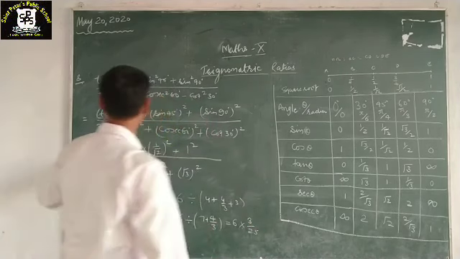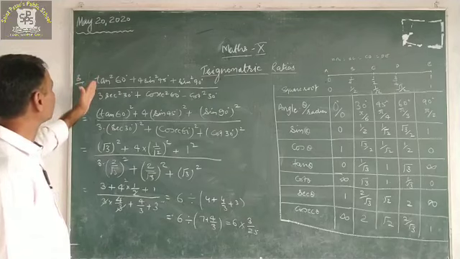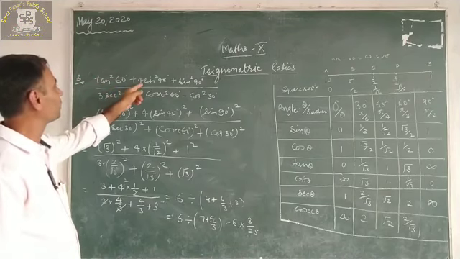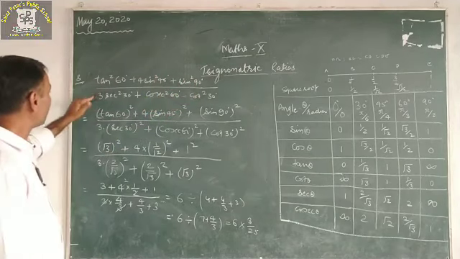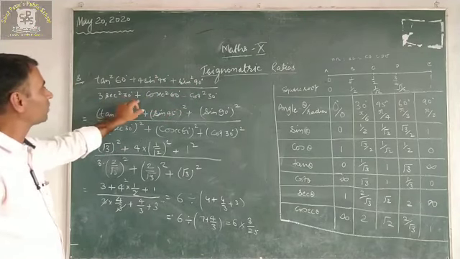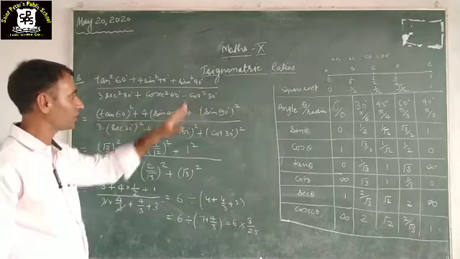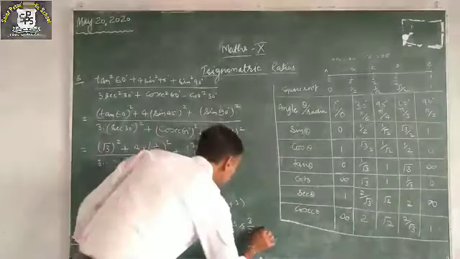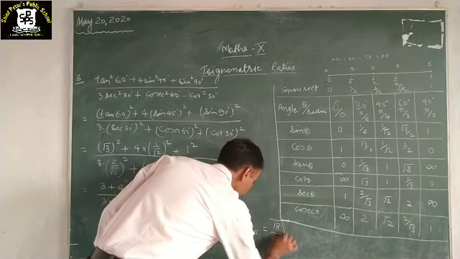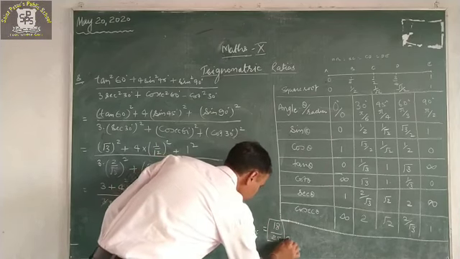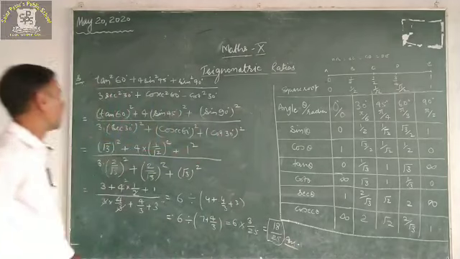So the value of the asked function, that's tan square 60 degree plus 4 into sin square 45 degree plus sin square 90 degree upon 3 into sec square 30 degree plus cosec square 60 degree minus cot square 30 degree will be equals to what? 6 3s are 18, 18 upon 25. So it's the answer of the asked question.